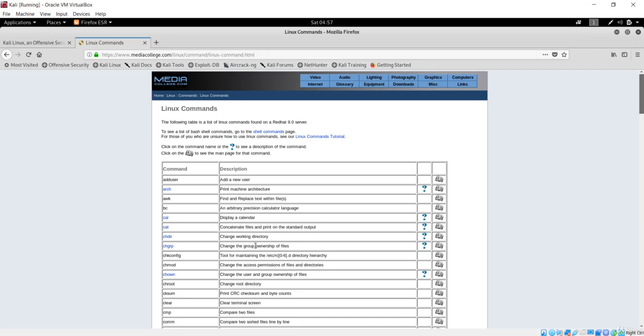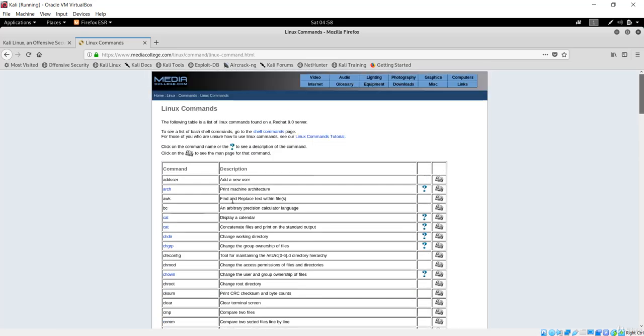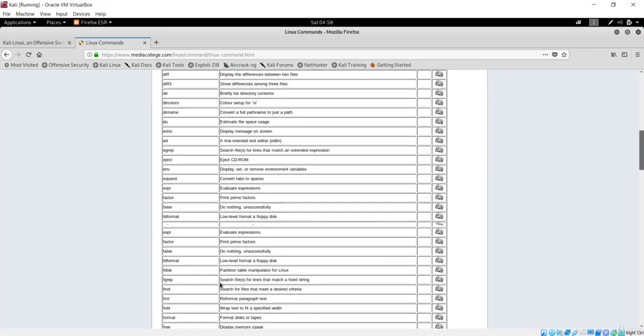All you need to do is see what each command does with this reference, and you can see the examples and tutorial here for each Linux command. I have tried my best to get everything that is important.